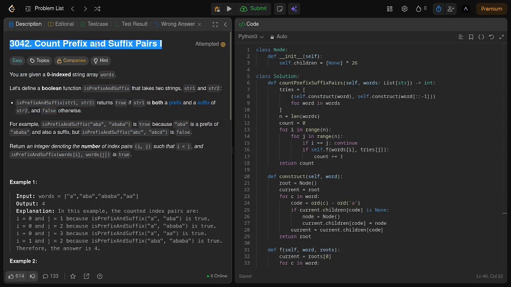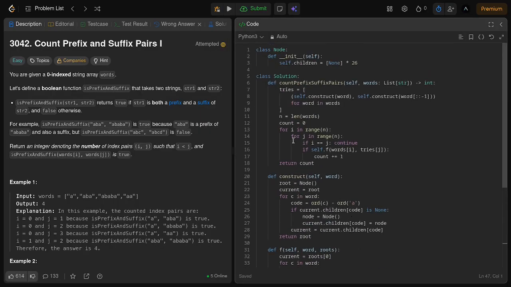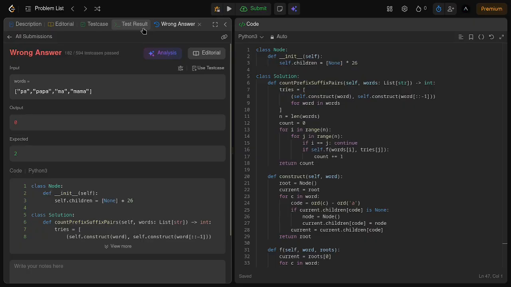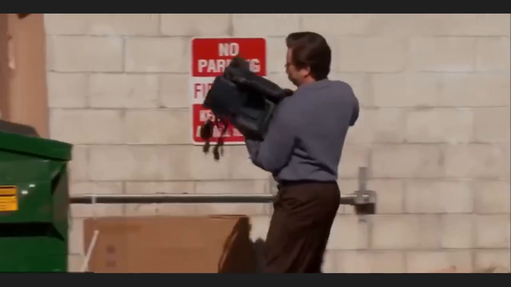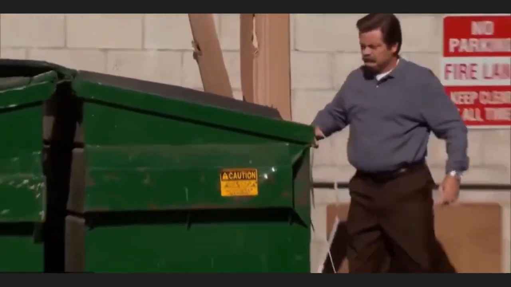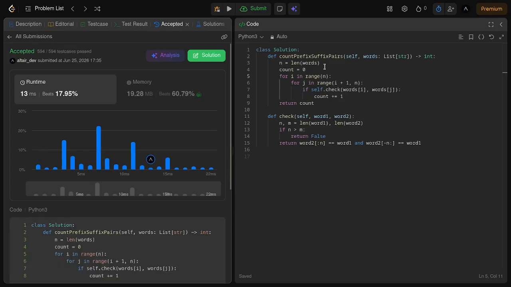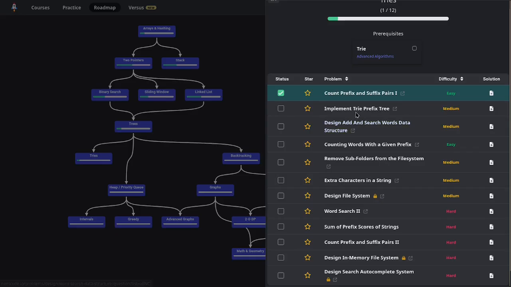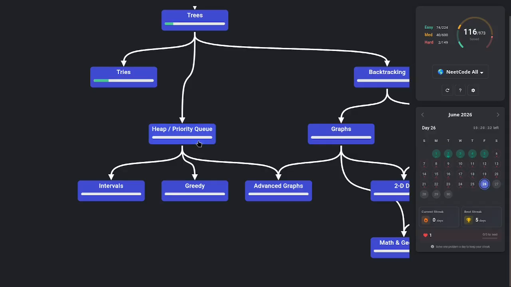I wrote nearly 50 lines of code, submitted it, and wrong answer. After several failed attempts, I stepped back and realized something. This particular problem didn't even require a trie, so I threw away the complicated solution, wrote a simple brute force approach, and somehow it passed. I'll happily take that win. The remaining trie problems were much closer to the actual data structure, so things started making a lot more sense for me. After wrapping those up, it was time for one of the topics I had been dreading the most,